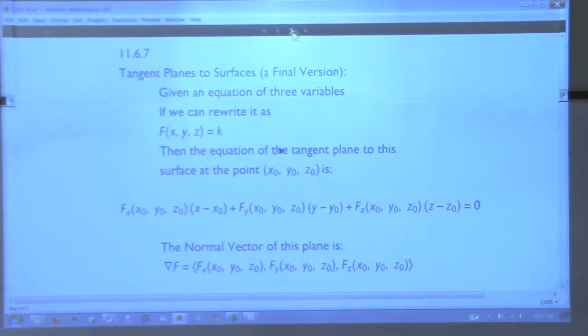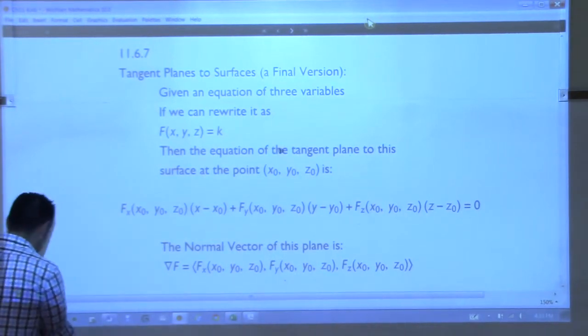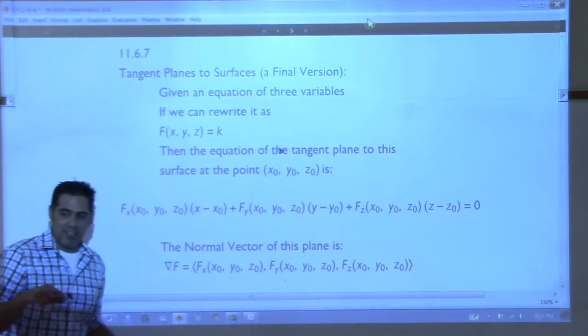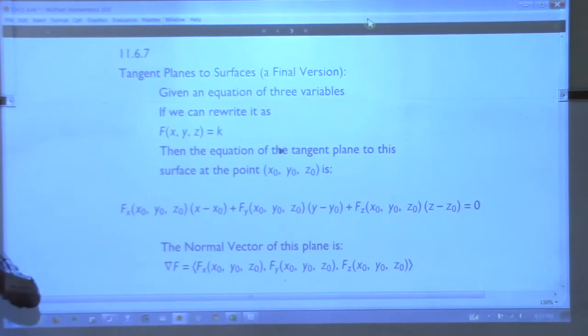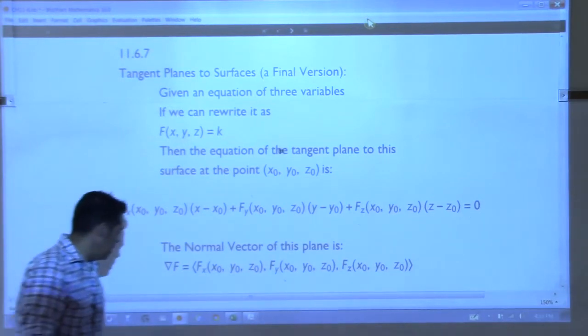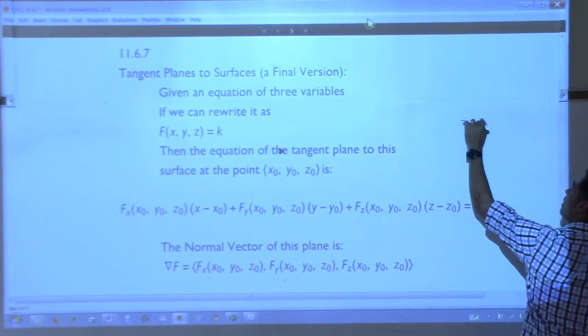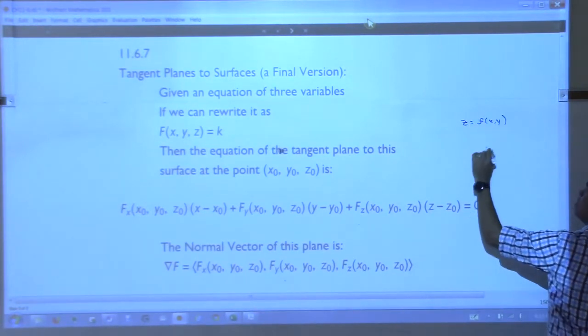And the train keeps going. All right, tangent planes. Wait, we did tangent planes, didn't we? We did, but not a final version. When we did tangent planes at the beginning of class, we said you have to have z as a function of x and y. And the formula that I gave you was, if z is a function of x and y, then the tangent plane